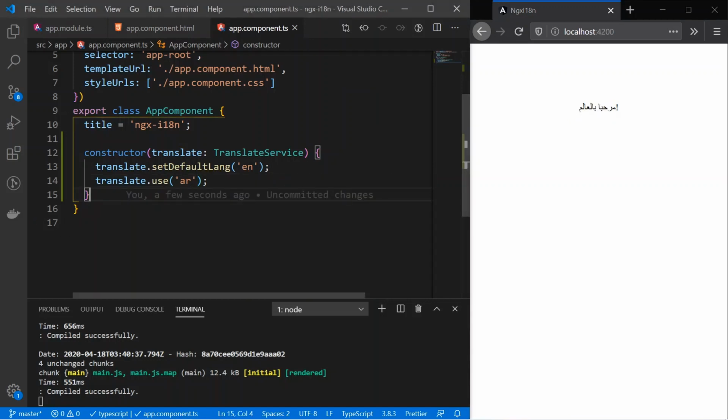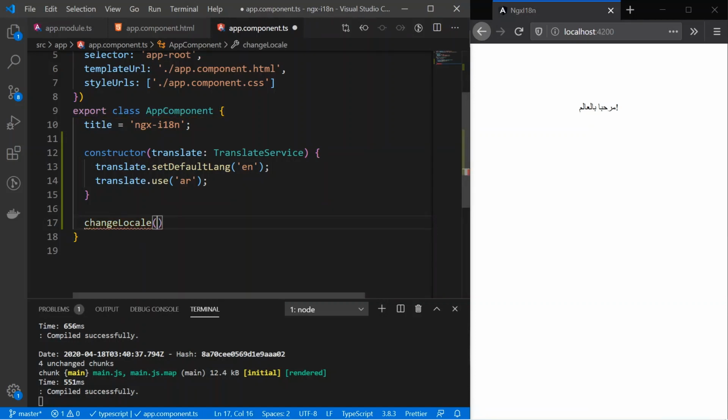Okay, so you can also add your own method, for example changeLocale. You can take the locale as a string, and use that translate.use in here.